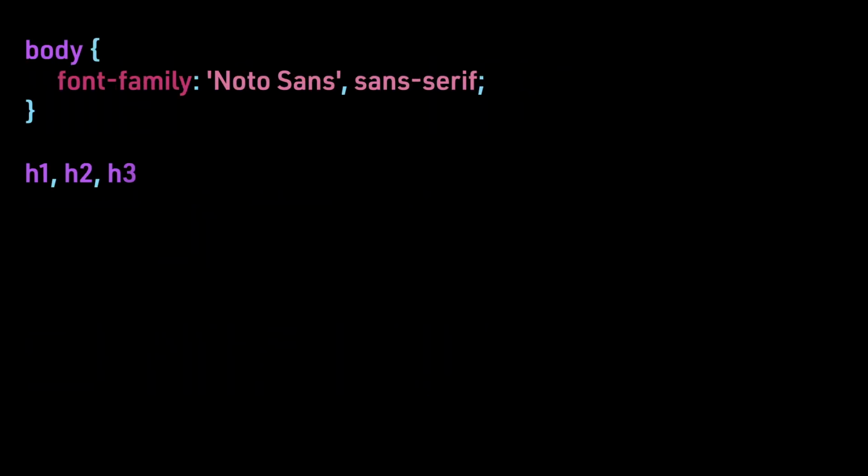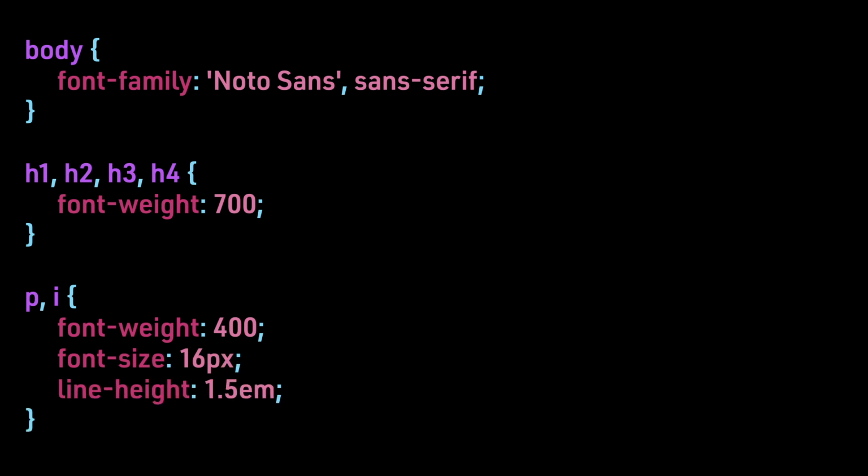Here are examples from our code sample files. body { font-family: Noto Sans, sans-serif; } h1, h2, h3, h4 { font-weight: 700; } p, i { font-weight: 400; font-size: 16px; line-height: 1.5em; }